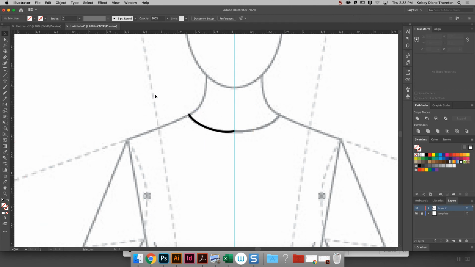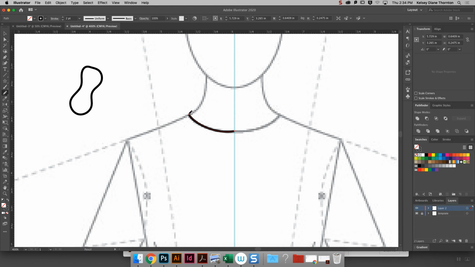So once we think this looks good, or we could have adjusted this after we drew the whole sweatshirt or this whole half of the t-shirt, doesn't matter. I'm going to make sure that this is selected and then switch back to the pencil tool. So right now, my pencil tool has a star next to it, which means it would happily draw any new shape. But if I have a shape selected and I grab the pencil tool,